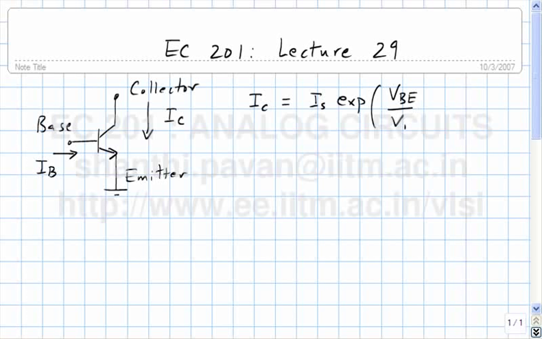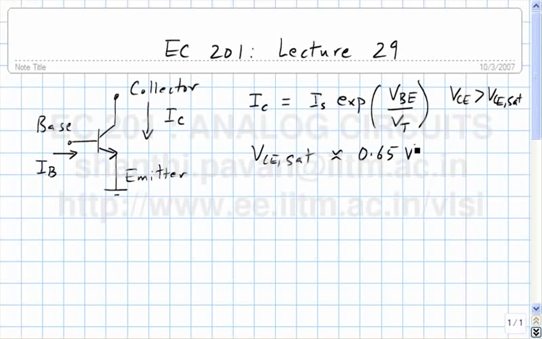of VBE by VT. And for those of you who didn't show up on Saturday or left in the middle, VT now is not to be confused with the threshold voltage of the MOSFET. In the context of a bipolar transistor, it stands for the thermal voltage KT by Q, about 25 millivolts at room temperature. This expression is valid only when VCE of the device is greater than some VCE SAT, and VCE SAT is about 0.65 volts. And another observation that we made was that the collector current of the bipolar transistor